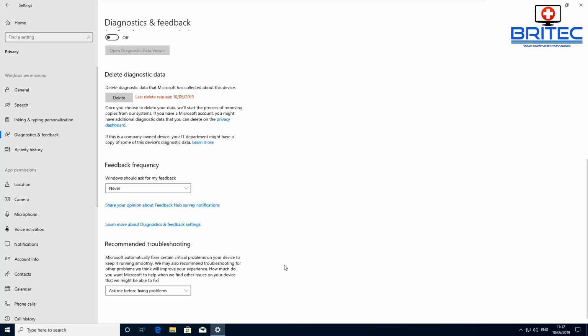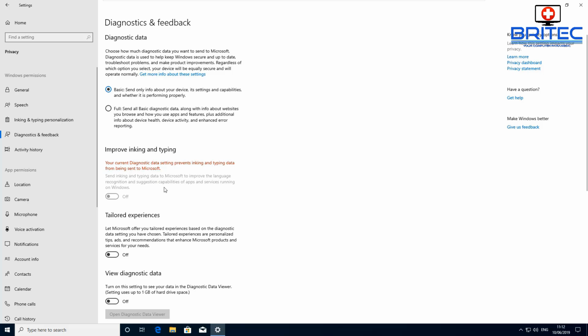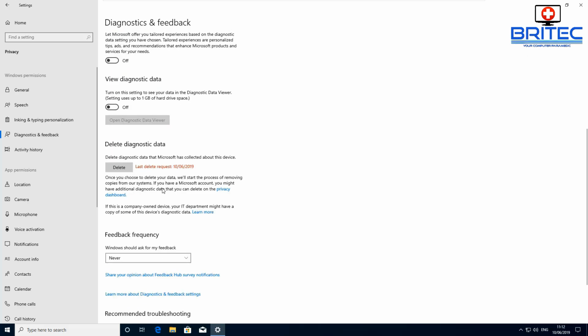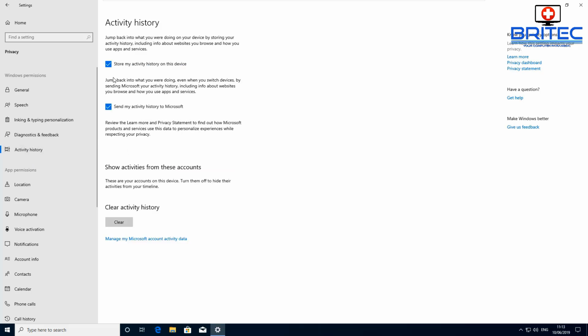You can see how invasive Windows 10 has become. It's like a data collecting machine. It just basically wants to collect every bit of data from you as it can and send it all back to Microsoft. All your activities, history, all this sort of stuff, send it all back to Microsoft. No, we don't want to do that, so we're going to turn all of those off,